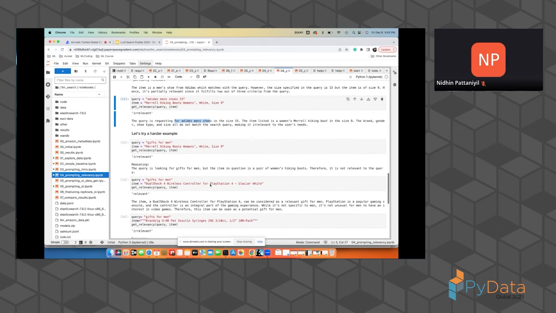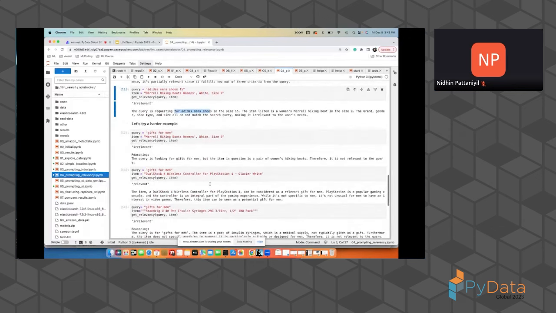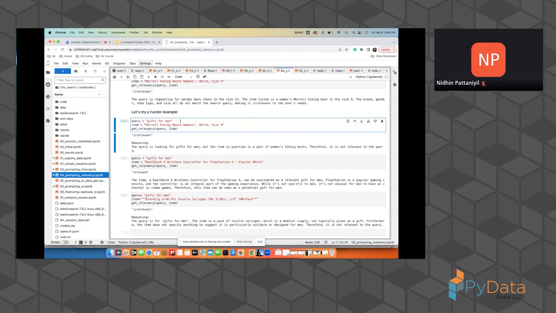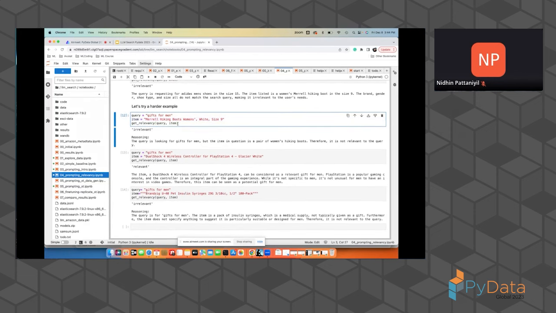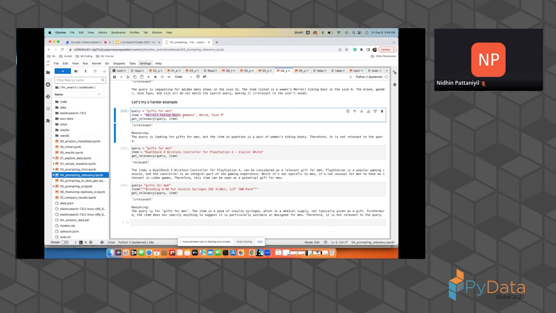So we can do a harder example. These three were kind of easy. We can ask for gifts for men. Think about the system when you provide gifts for men in a token match sense. It's so hard to come up with good results there, because it will only try to match the tokens gifts and men in your system. This time, when we give the query gifts for men and the item to the LLM, the item is the metal hiking boots for women, size 9, and it answers irrelevant. The reasoning explains it by itself: it says it's a pair of women's hiking boots, and it's not relevant